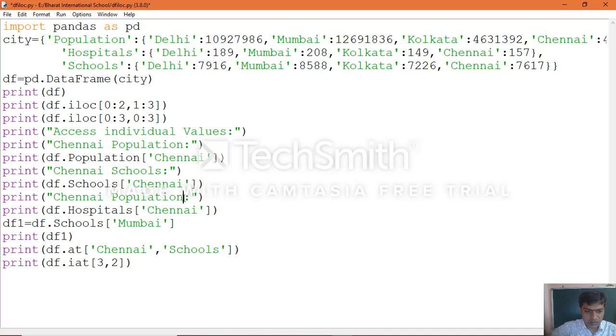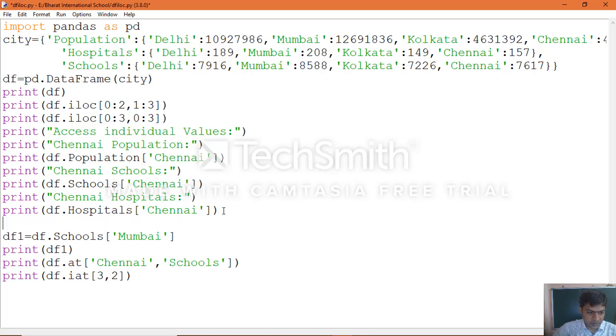Same way here you can specify Chennai hospitals or hospital details. Then same way here, Mumbai schools. Like that you can apply string labels for the readability of your application.